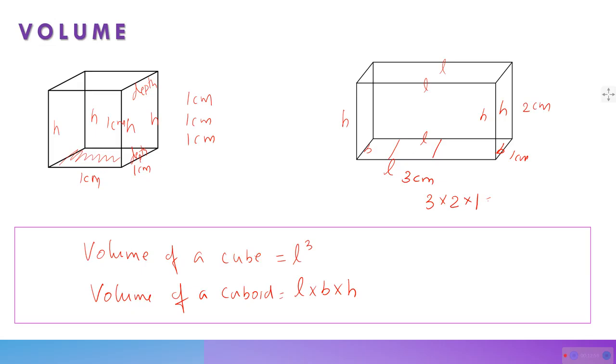At least 2 will always be different. Otherwise it will become a cube again. So in that case, through activity or practically observing or thinking, how can we include the space occupied by this particular figure? How can we accommodate that? How can we include that in our concept of occupying space? We developed the concept of volume and developed the formula for calculating volume of basic figures and structures like cube